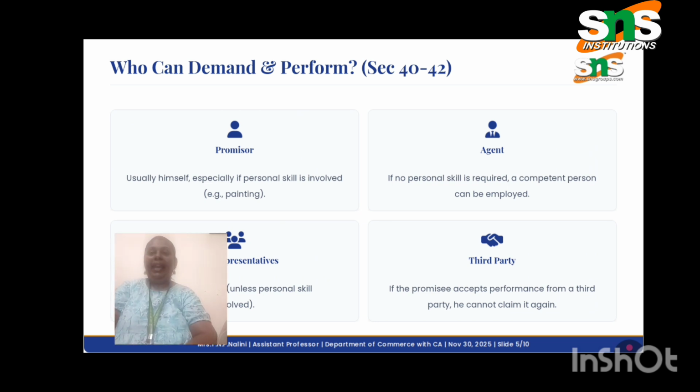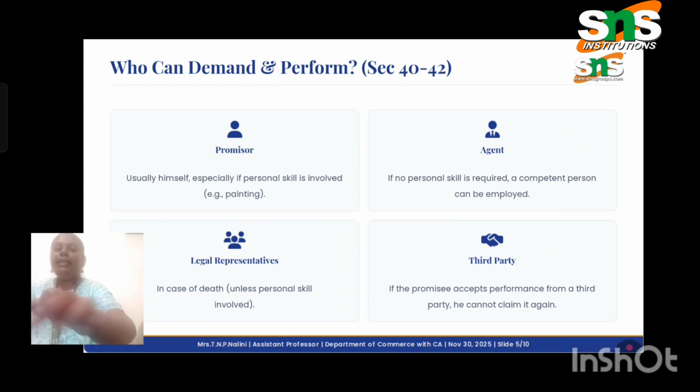Next comes the agent. No special skill is needed, but he is working on behalf of some other person. He is like a mediator between two persons, and he will do the work. Next come the legal representatives.